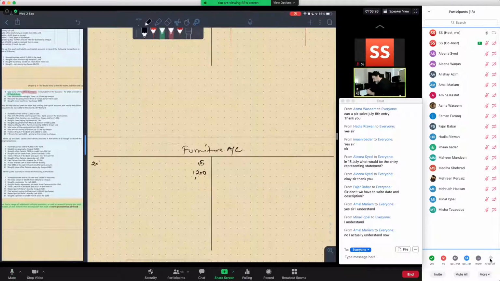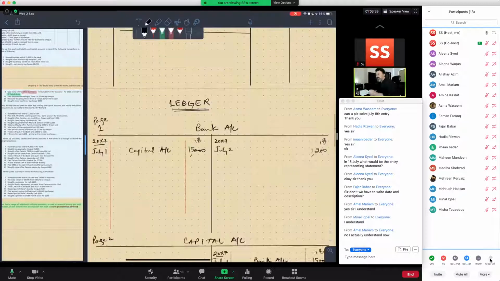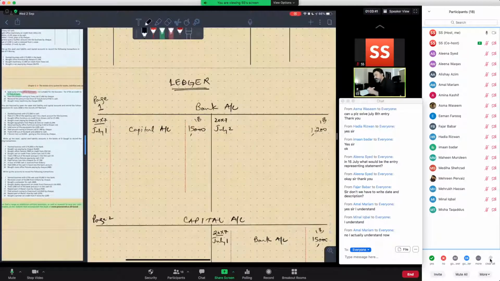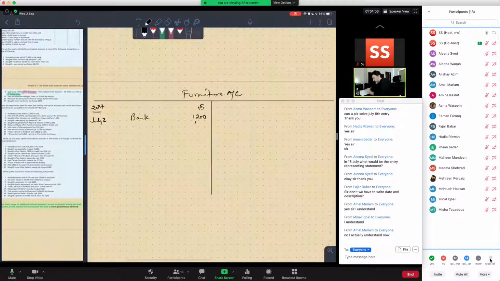So 20x7, we have July the 2nd, and we are going to put here 20x7, July the 2nd. And now the final stage, the most confusing part, the cross-referencing part. So that means we have to cross-refer this entry with the other entry involved. So this is your bank account, and the other entry involved in this was with the furniture. So we are going to cross-refer this to furniture here. So in bank account, we will cross-refer it with the other account involved. In this case it was furniture. And in the furniture account, we are going to cross-refer this entry with the other account involved, which was bank,